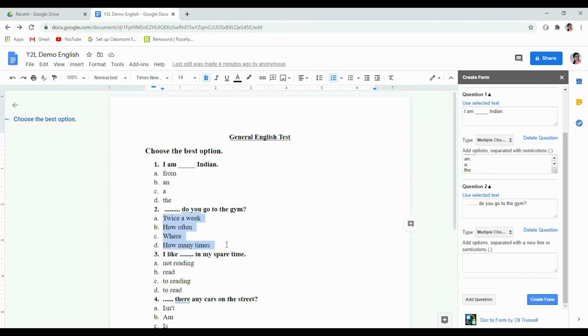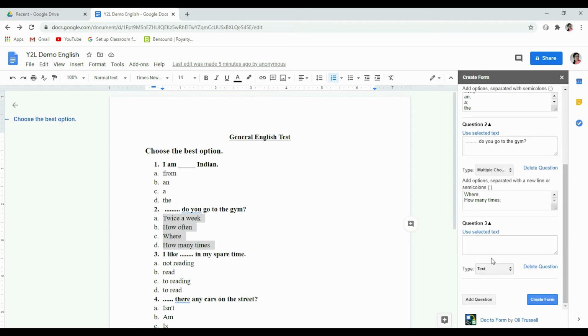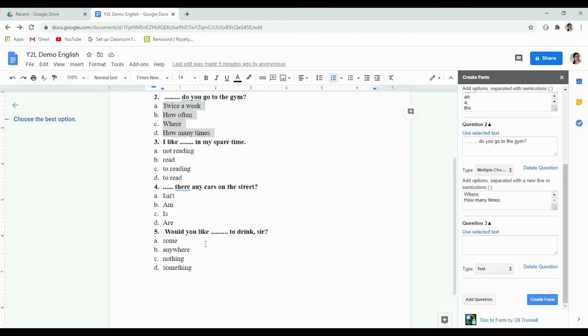Now these options I want, so I am just copying and pasting. And what I have to do after that is put a semicolon after each option so that they convert into multiple choices. So this is what we have to do. Now the good thing is, as you are adding questions, you can make a choice. Say I don't want this third question, so I may miss it. I am using this fourth question here.